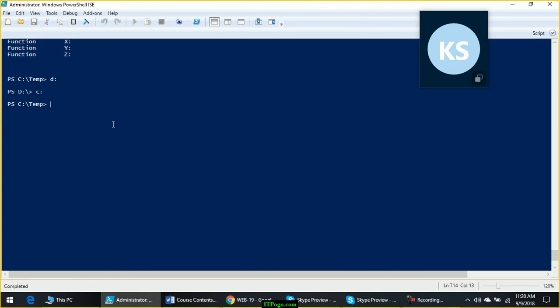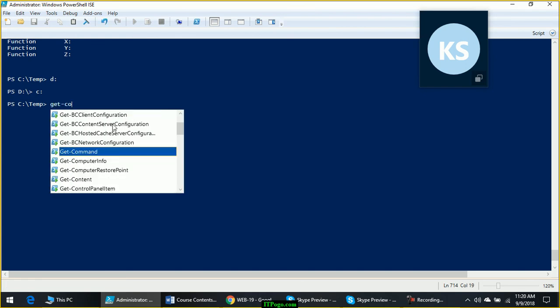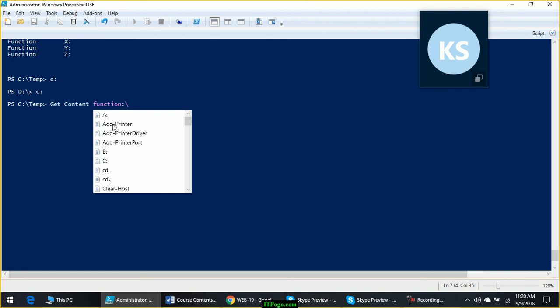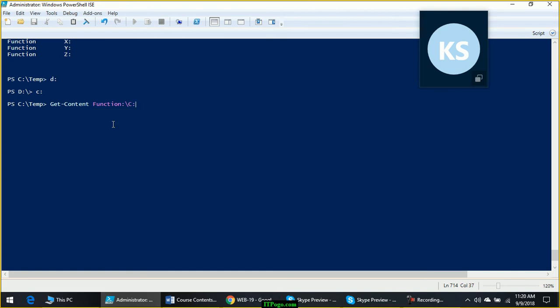Now if you want to check how that function is working, you can use Get-Content function:\. For example, how this C drive is working, C:. So C: is a function name which is getting called when you are running C:.